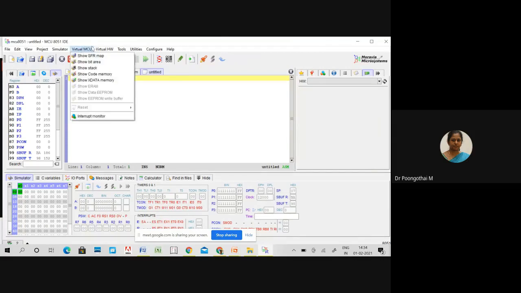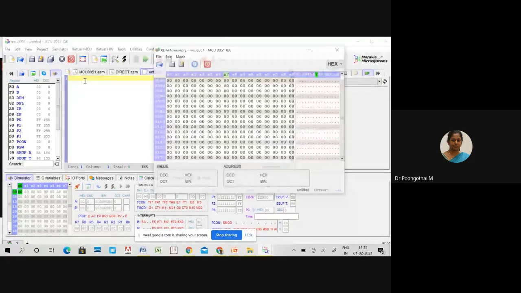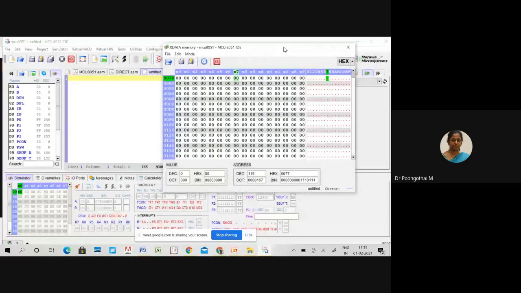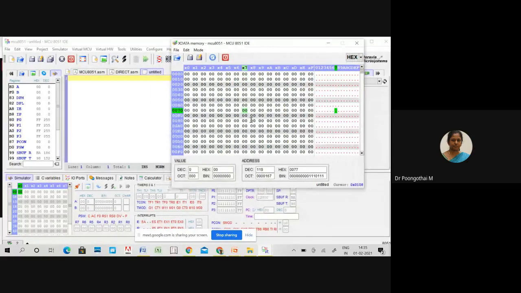Here you can see we have two memory windows. This memory window is for code memory, so all your instruction opcodes and operands, that is mnemonics, will be stored in this code memory. And this one is your external data memory. The address will be from 0000 to 0FFF.